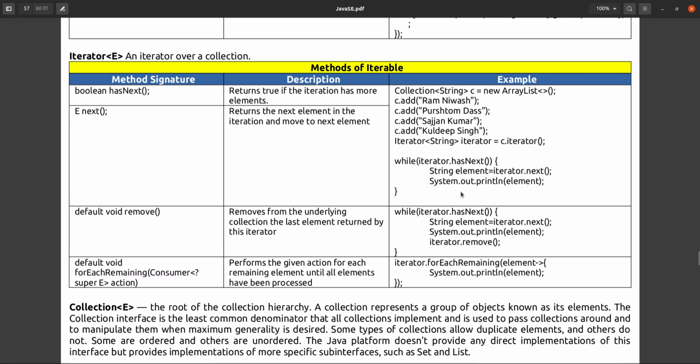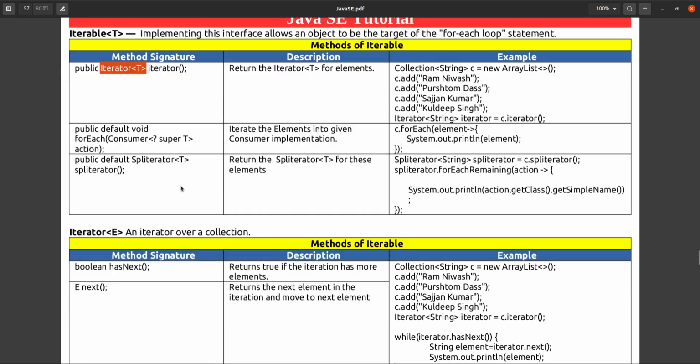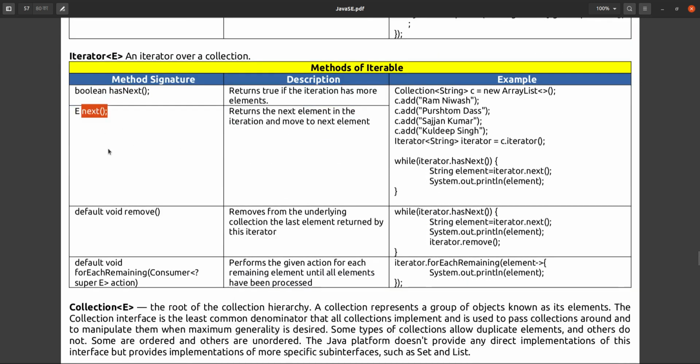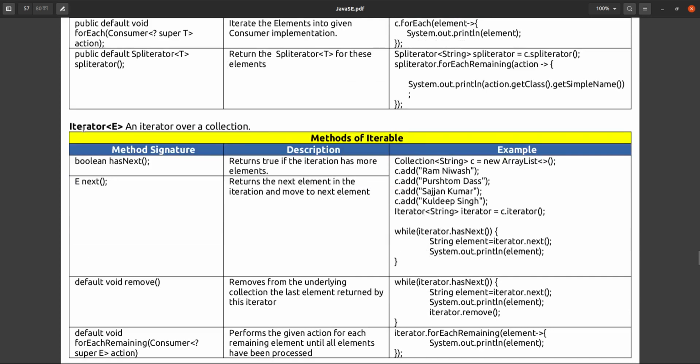These are the examples, you can go through them once again. And we have seen Iterable also. In Iterable these three methods are there. One is iterator, which returns an iterator, and that iterator has four methods that we have seen: hasNext, next, remove, and forEachRemaining. And this Iterable can be directly iterated using forEach, that you can also do. And it has a spliterator also, you can use this spliterator to print also, no issue. So these are Iterable and Iterator.